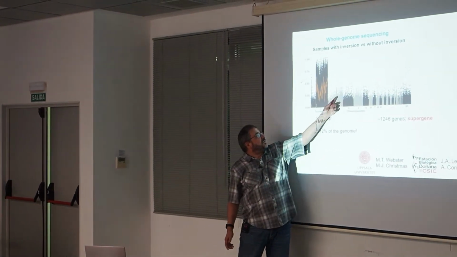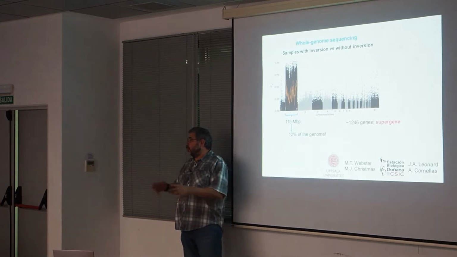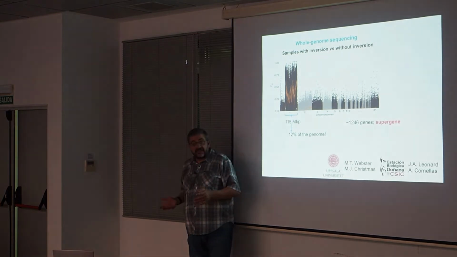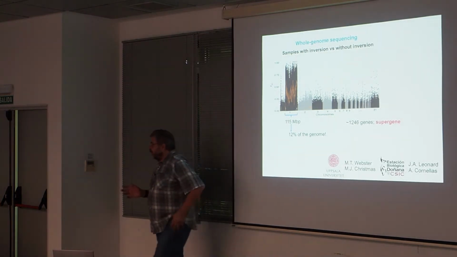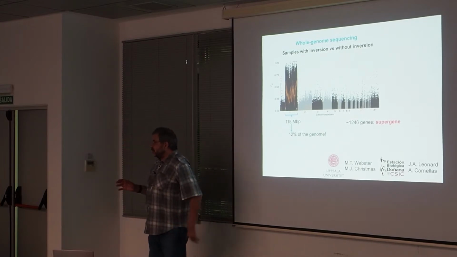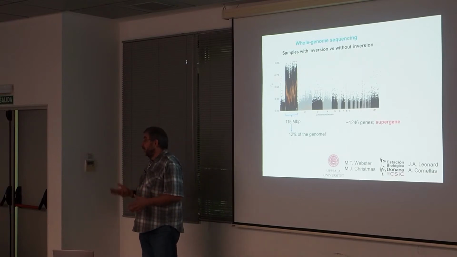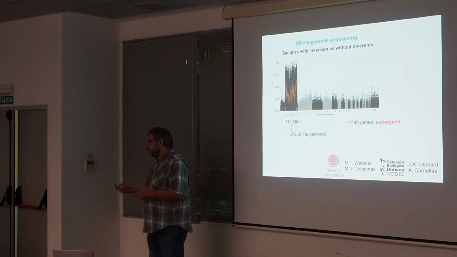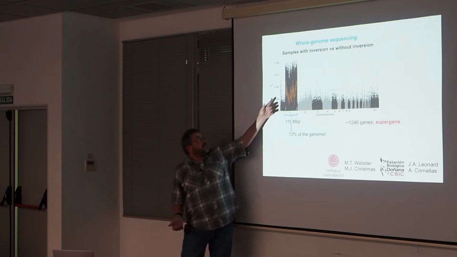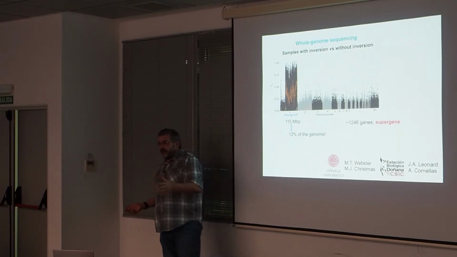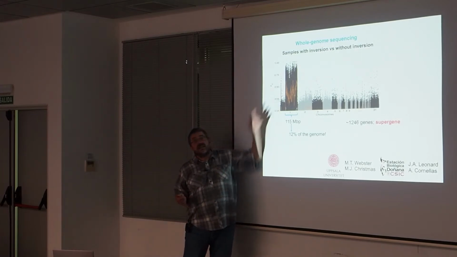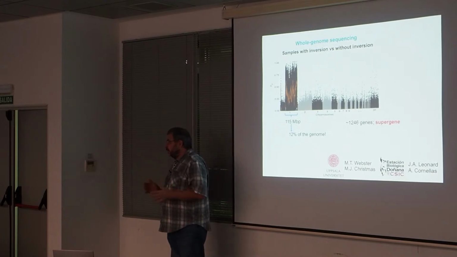Some of them are very relevant. These peaks here are what led us to do this other analysis search, and we found this other inversion in chromosome 2. Some of these peaks, yes. However, there is one problem with this data. This has been mapped against the Japanese quail genome. So the Japanese quail and the common quail are expected to be very similar, but maybe the chromosomes and the genome sequence are not exactly the same. And it seems, maybe Sarah could correct me if I'm wrong, that this is just an artifact of the deficient mapping to this chromosome.